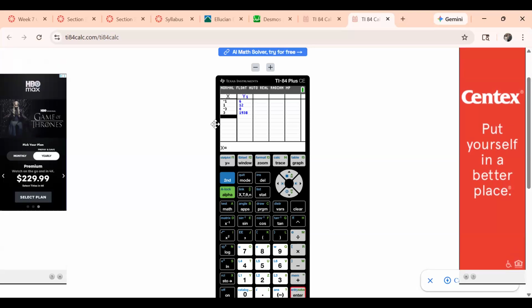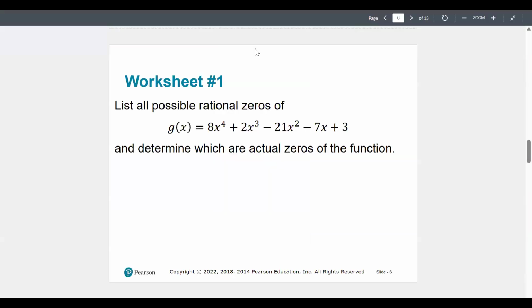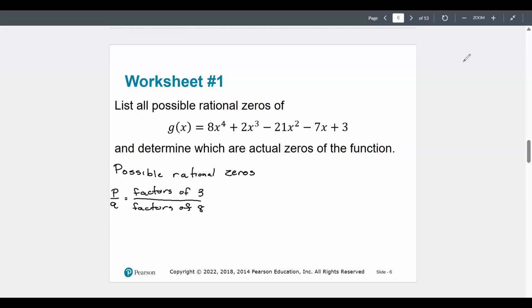All right, so you're going to do a similar thing. Now your polynomial is g, which is 8x to the 4th plus 2x cubed minus 21x squared minus 7x plus 3. And you want to find all your possible rational zeros and determine which ones are actual zeros for the function. All right, so